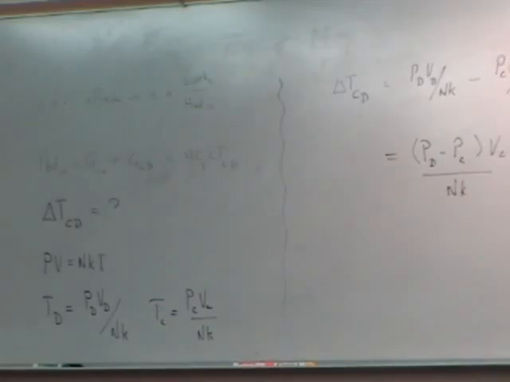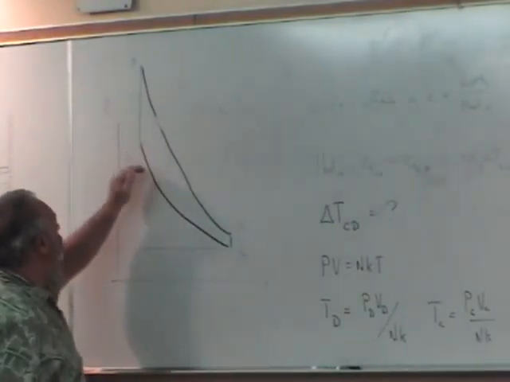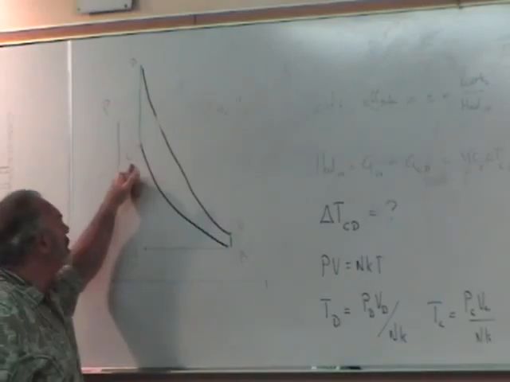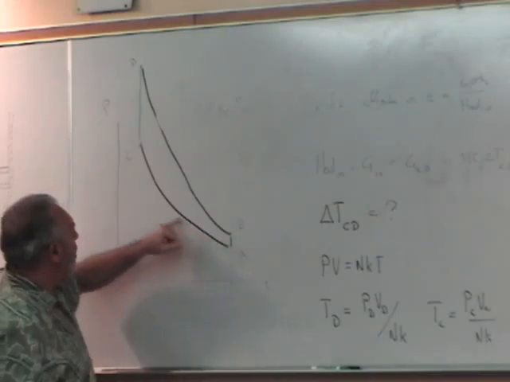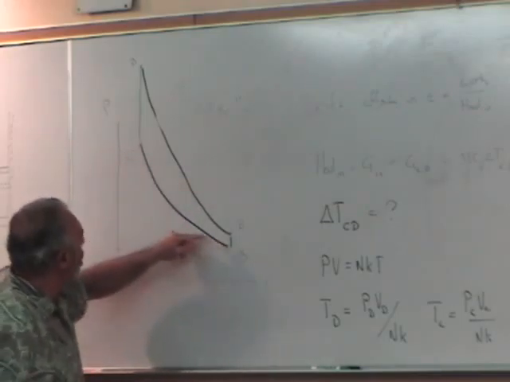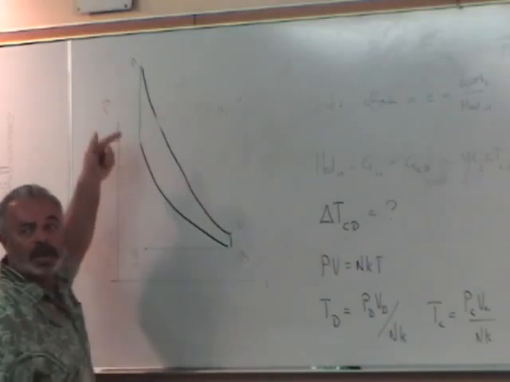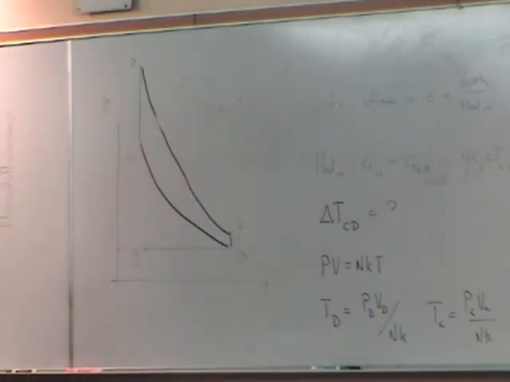Yes? For the PV equals NKT for temperature D, temperature C, we reach temperature C via an adiabatic process. So right. Don't we want to use the adiabatic formula for that one? No, because we're not talking about how we got from B to C. We're talking about from C to D. So whatever T at C is, we're only interested in going from there to there. We're not at this moment interested here because there is no heat flow here. We're only talking about heat flow in. So we're restricting ourselves to heat flow in. But there is a temperature change, so if we were to calculate the temperature change from B to C,